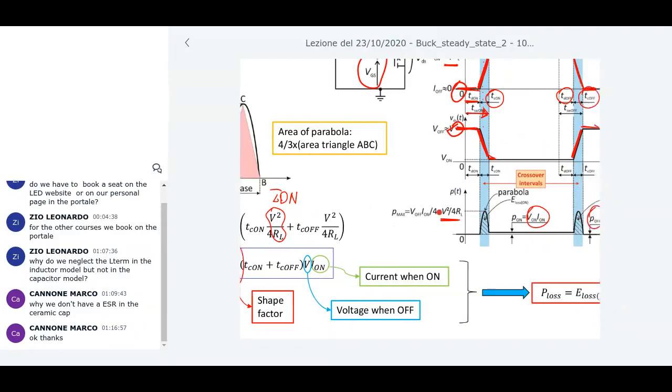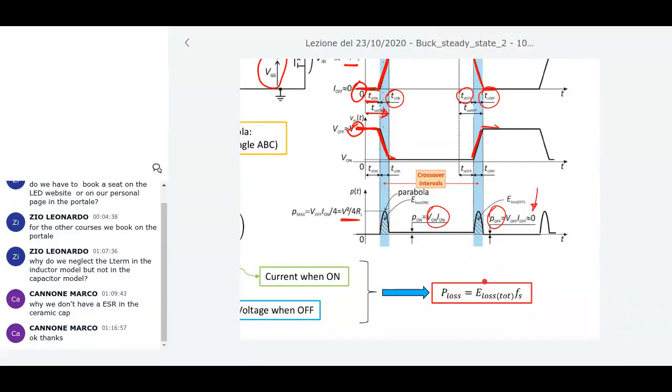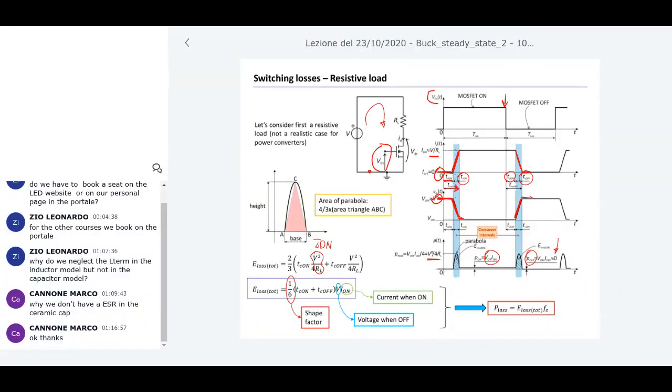In order to get the power, you have to average the power during the period. So divide the energy by Ts, so multiply by Fs. This is the power loss, the energy multiplied by the frequency. So it depends on the frequency. If you are increasing the switching frequency, you get higher dynamic losses. So think twice about the maximum frequency you can use. It depends on the transistor you're using, but also on the maximum dissipation loss you can admit in your application. As I said before, this is a situation that does not happen often in practical switch mode power